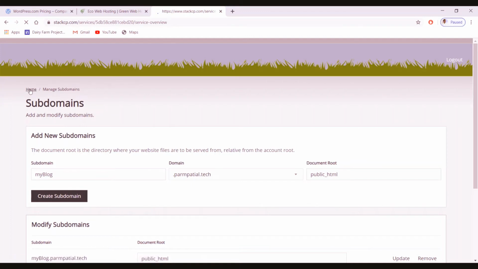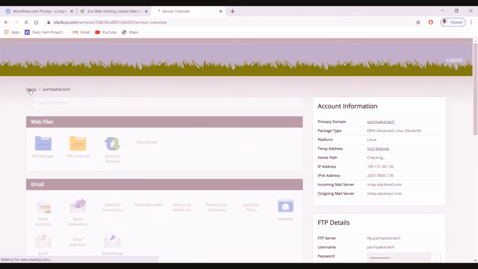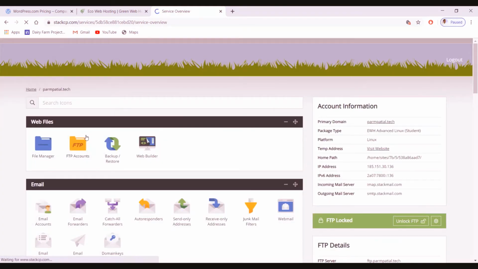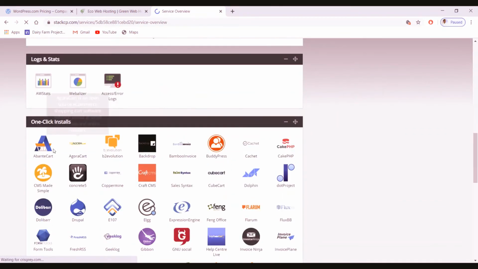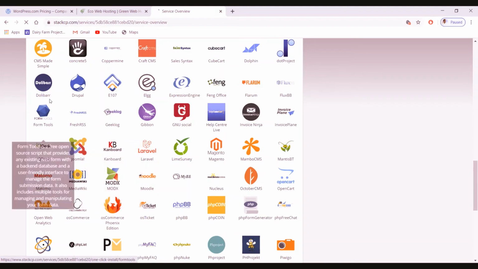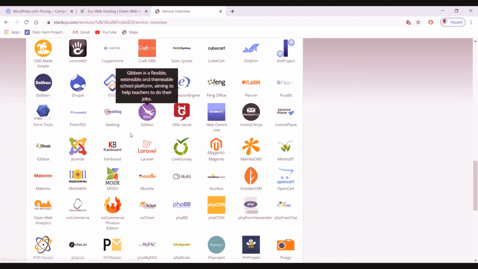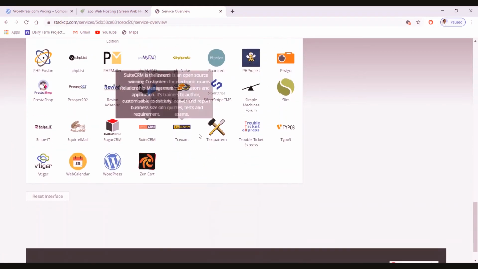This is not necessary in your case. Either you can choose a subdomain or you can install it on your main domain. From here you simply have to go to one click install, and there are a number of CMS and other services that can be used with one click.